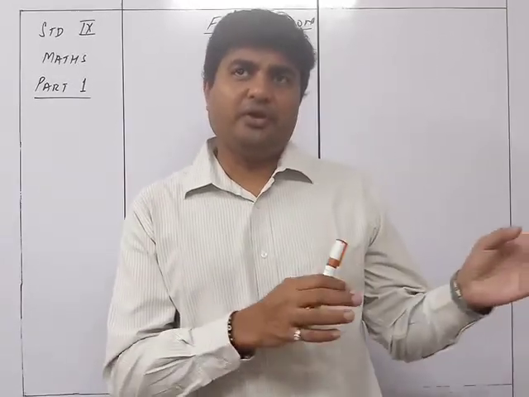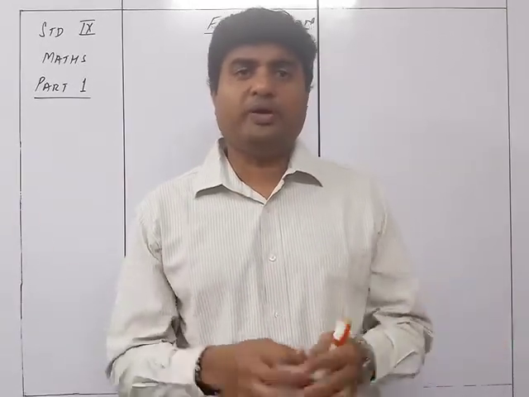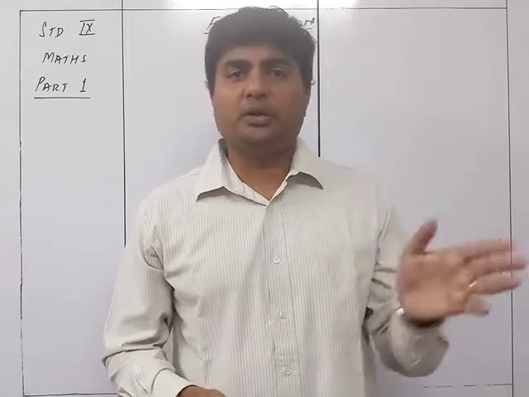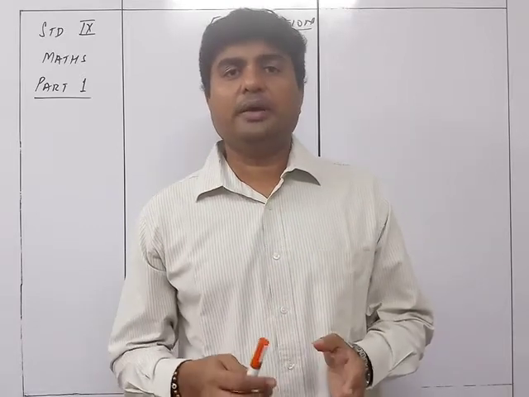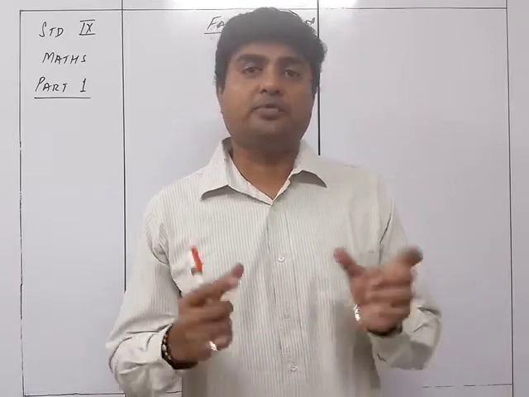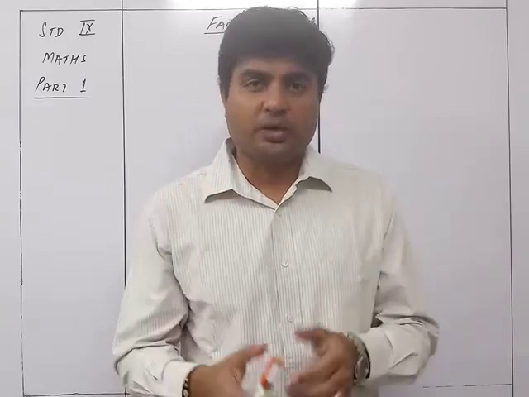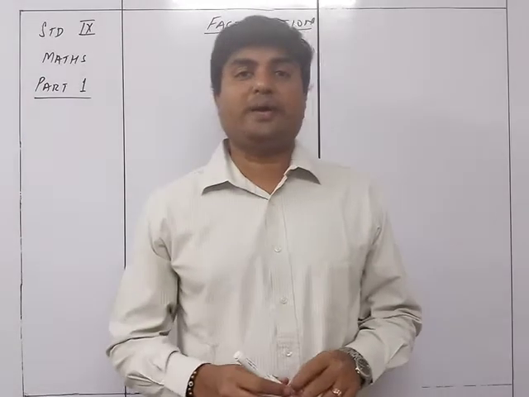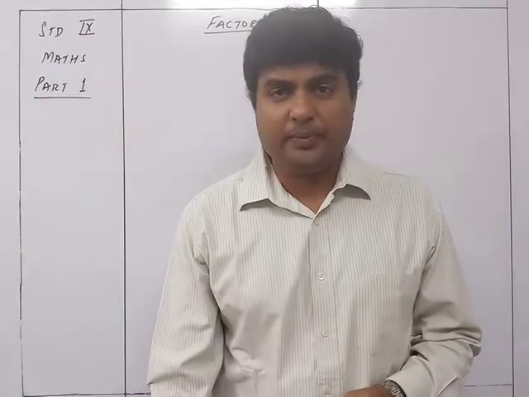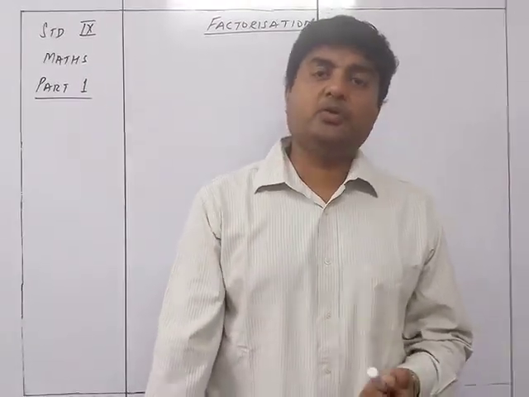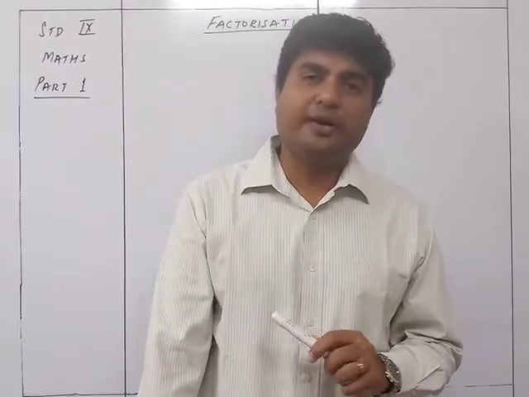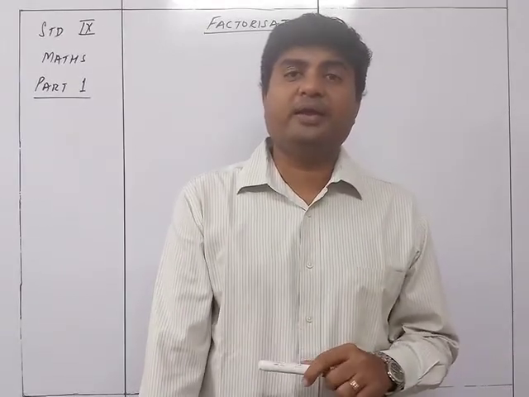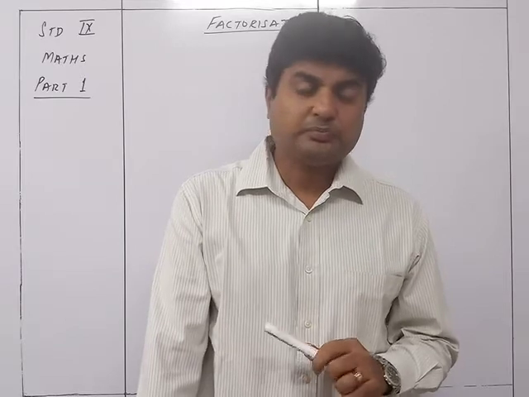Factorization can be of different kinds. One could be where you are just having something common between all the terms, or it could be when the common term is between two terms out of the four terms given to you, or it could be the format of a square minus b square is a plus b into a minus b, or even one in which the middle term needs to be split into two, which is what we are doing in case of quadratic equations.